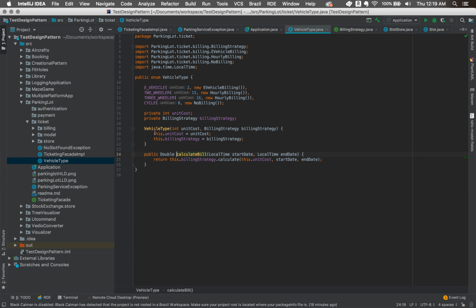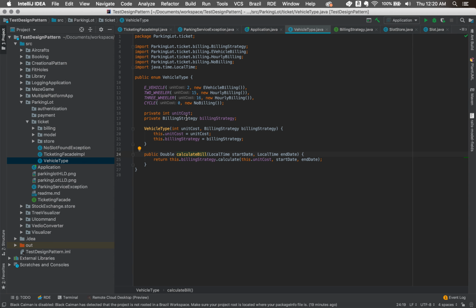Okay, so now we move ahead. We have a vehicle type. The vehicle type is an enum, where we have the unit cost and unit. We have made it very loosely coupled to not make it hourly. It's a unit based on the strategy it wants to use. It can be minute billing, or it can be second billing. It totally depends upon the strategy which we use. We chose this pattern so that we don't create a new instance every time, and that's why an enum is a very good opportunity which we see here, and that's why we are moving with this design.